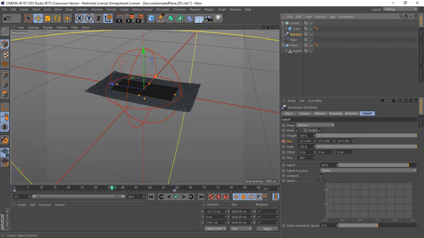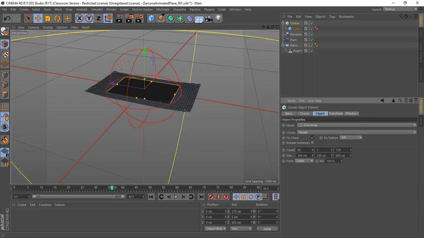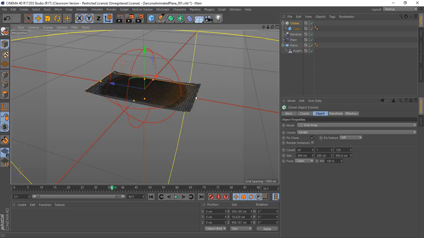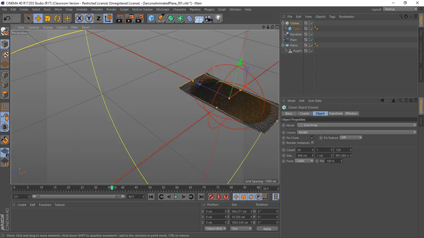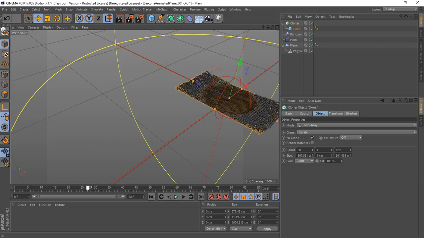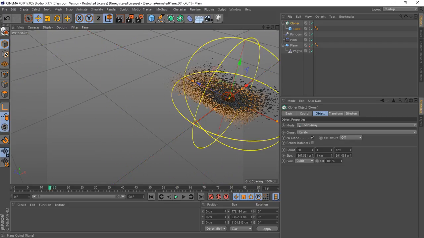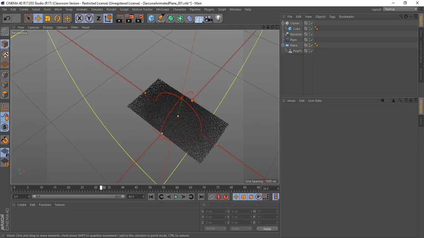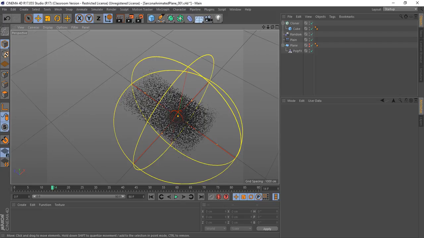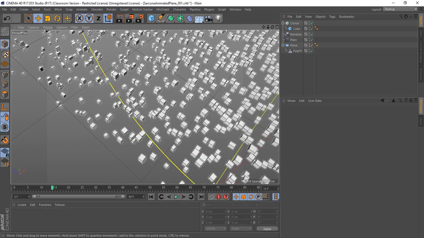All right, so I'm just going to go back to my cloner, go back to my size, make this even wider, make this even longer. And I could even grab this and just pull it over. And I'll set my Y, I think, just to 1. That's all I need there. Okay, so now I'll hide the plane. And we have that. Perfect. Okay. Now again, the cool thing about this is that we actually have cubes, so we can do stuff